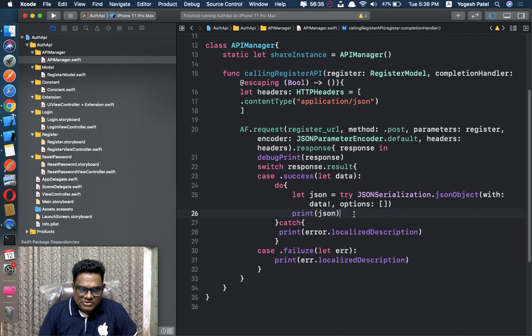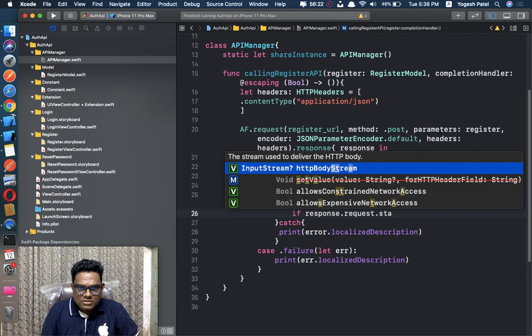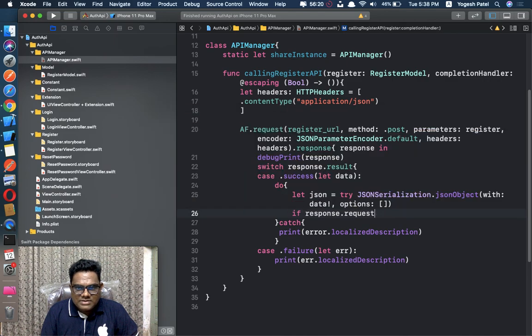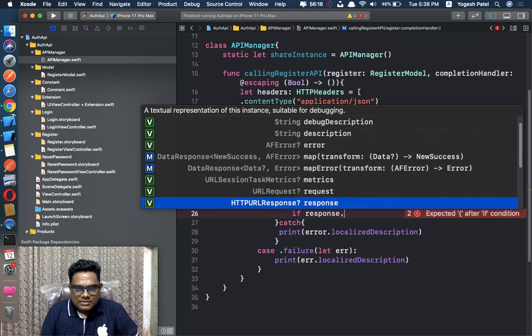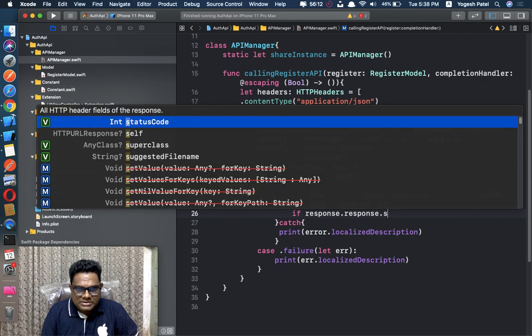So I'm just going to print here, response dot request dot status code. We have any status code? Response dot status code.